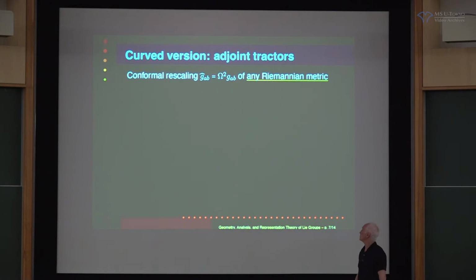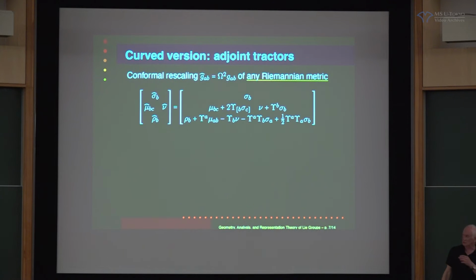Everything is described locally. Okay, so what you're going to do is take a metric, an arbitrary metric in Riemannian geometry, conformally rescale it this way, and try and build something which looks like the previous slide. And the first thing you can do is figure out, and this is not guesswork or anything, this is again just a computation. You can figure out how all these various gadgets change if you change your metric in this way.